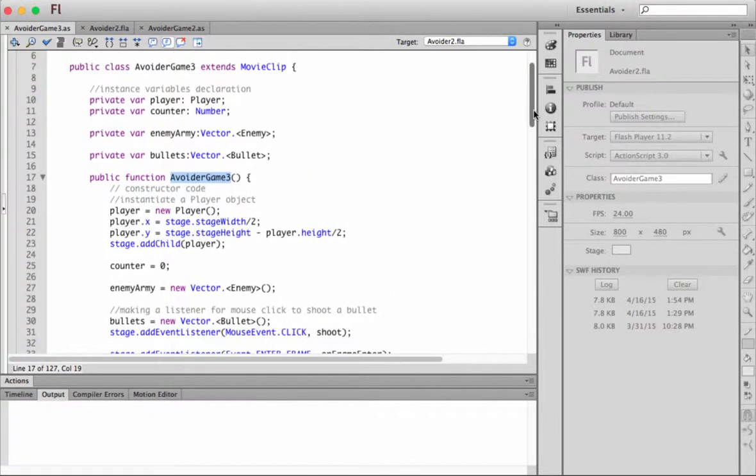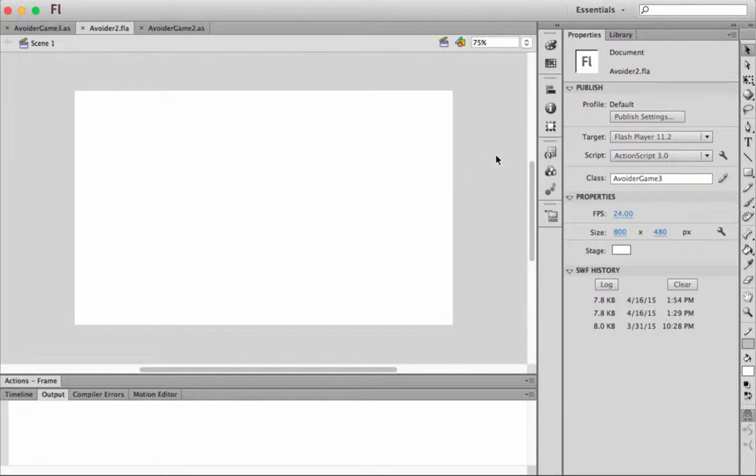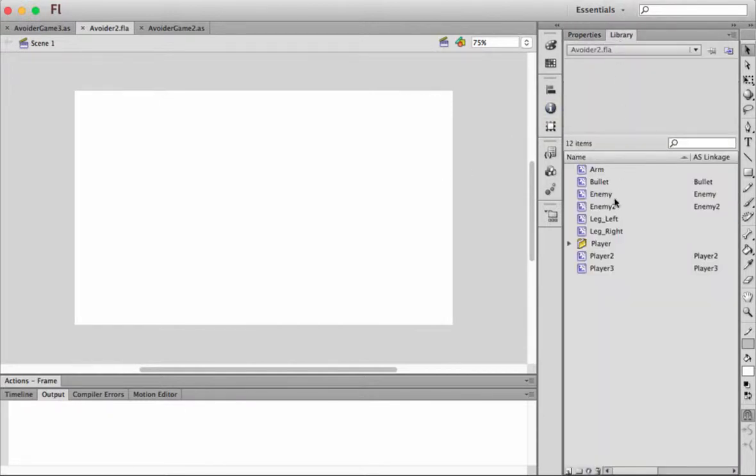Alright, so here we have our code. Here's our instance variables at the top of our class. And since we want to make a vector of bullets, actually, let's go back here to our FLA. First things first, we've got to make a bullet object. So I've already created a bullet object that looks like this, and I just used my drawing tools. I used my pen tool to draw just a dummy bullet. You can get a better bullet later. You can just draw a circle for now, even if you don't want to go that in depth. Just use your circle tool